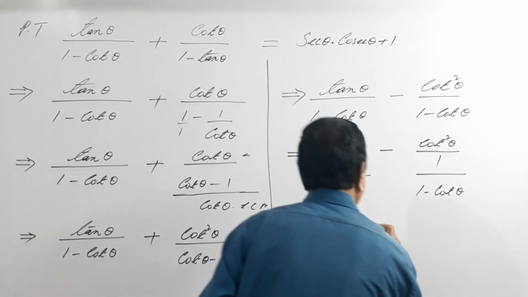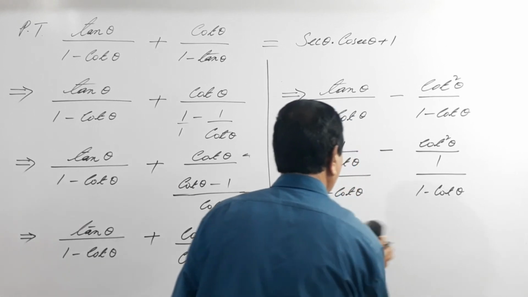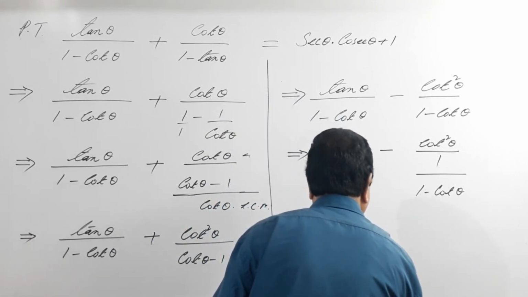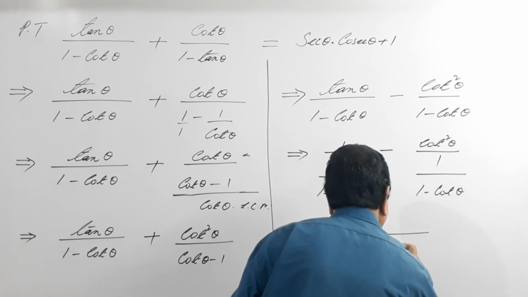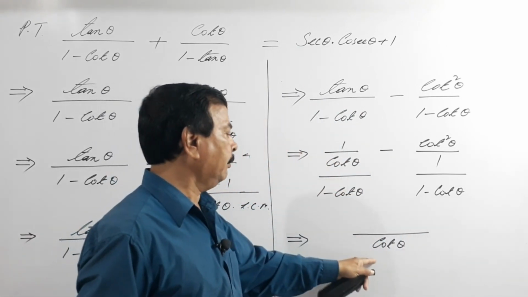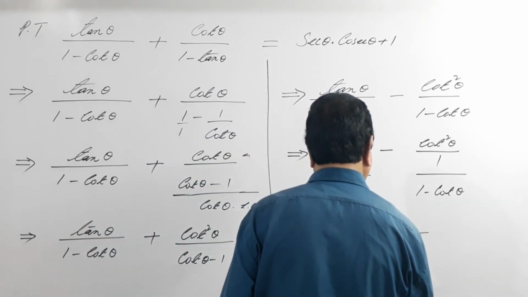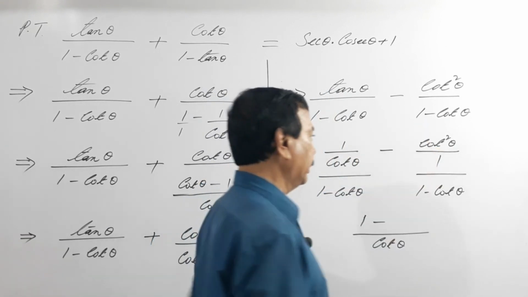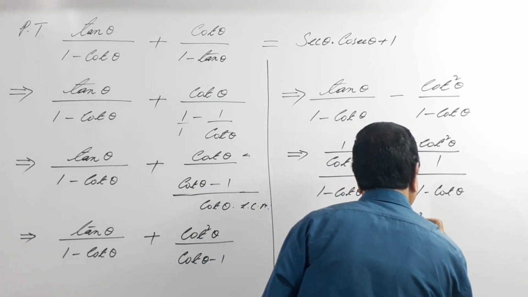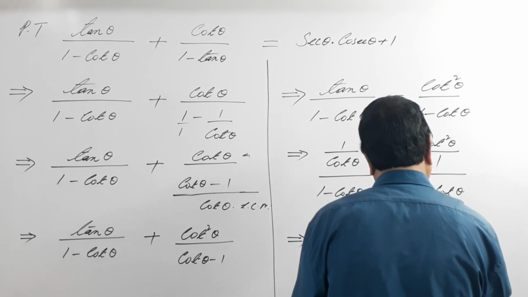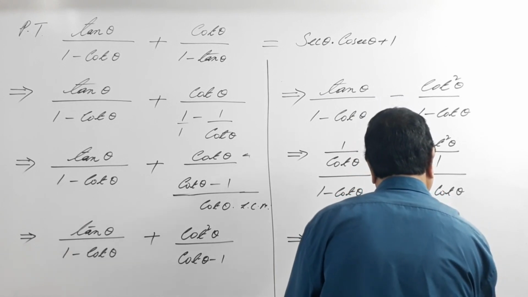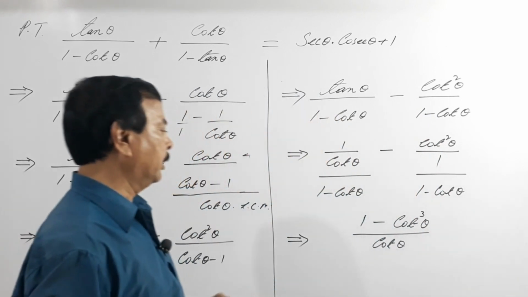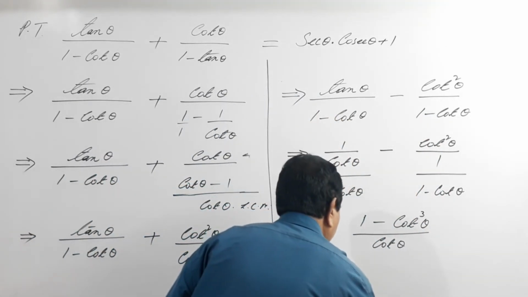In the numerator, I'll write 1, cot goes there one time, minus 1 goes there cot times, cot into cot square becomes cot cube theta. So cot cube theta divided by